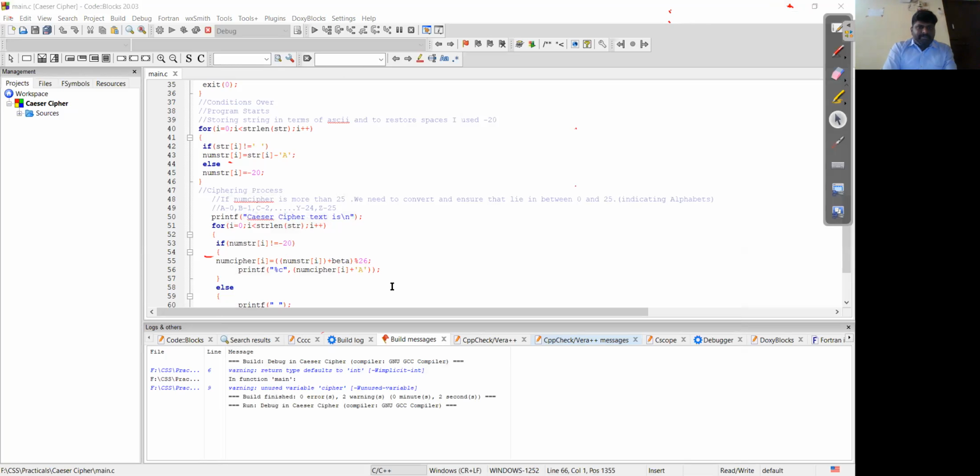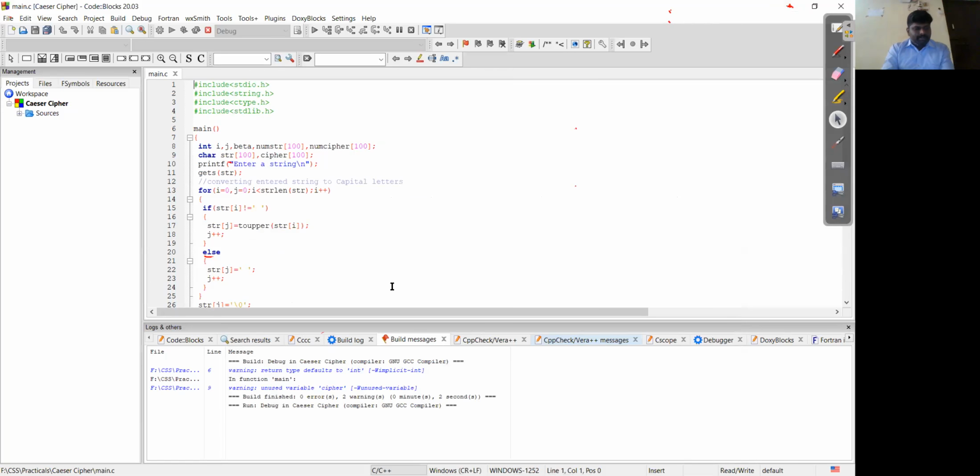Those who are using a mobile phone, I'll copy the code and share it through the chat box.